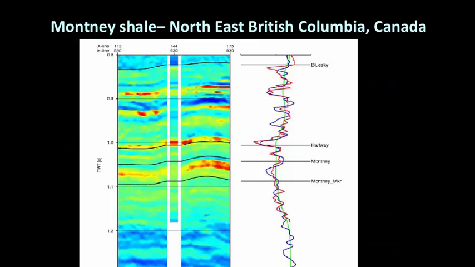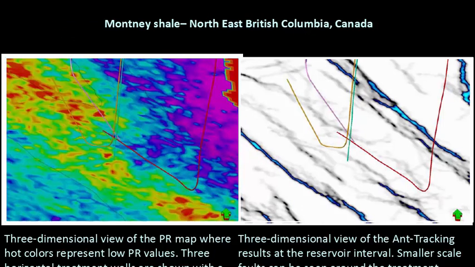For example, I like this particular case study that was published a couple of years ago by Progress Energy, Mark Norton and others. What they show here is a vertical section from the Poisson's ratio attribute that they determined, and this is how it correlates with the logs. The inverted and the measured Poisson's ratio correlation is shown here. Here is a display along the horizon at the level of interest, and this is the untracked volume that you see here. The horizontal wells you can see there.